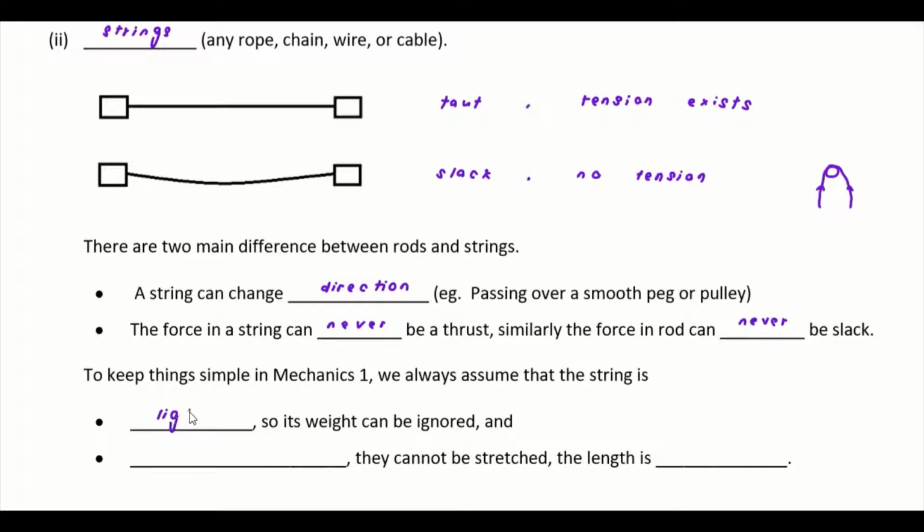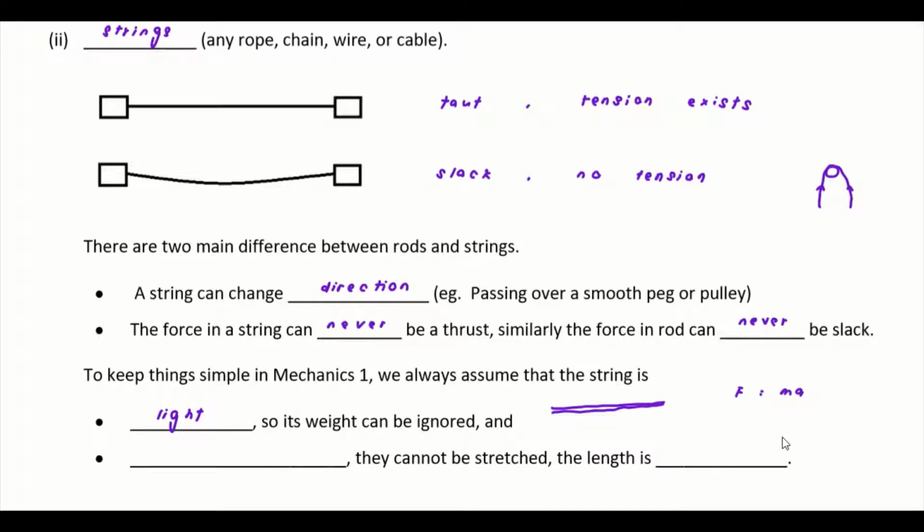So you always see this word, "light", meaning that the weight of the string can be ignored. You can imagine, if this is a string and the string isn't light, it has a certain mass. So when you look at the tension at this side, maybe this is a string, you can imagine that because of F = ma,